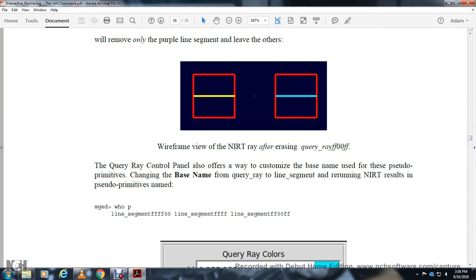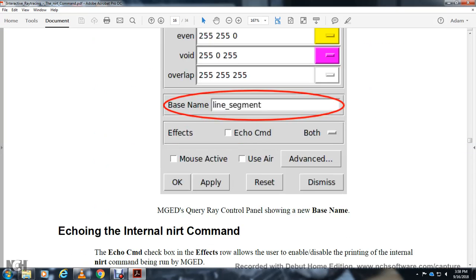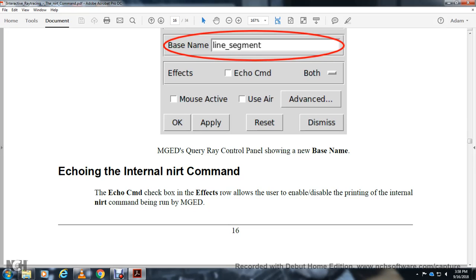The query ray control panel also provides ways to customize the base name. Use the pseudo primitive to change the base name with the query ray leg and segment returning to interactive ray tracing, resulting in pseudo primitive names, or echoing internal